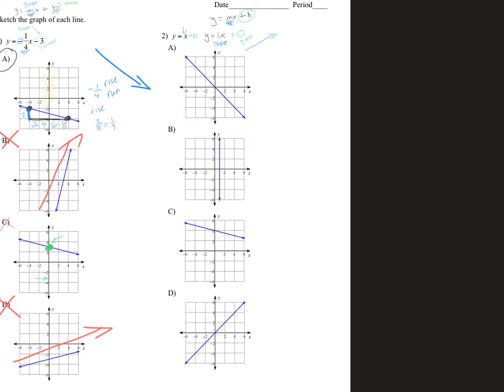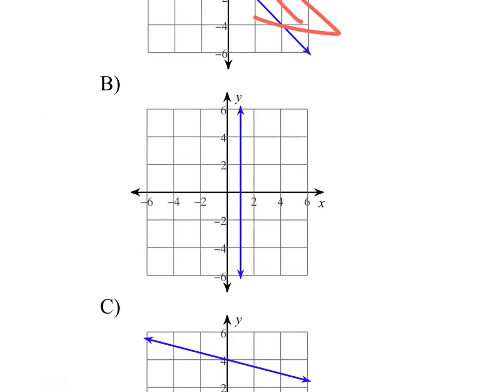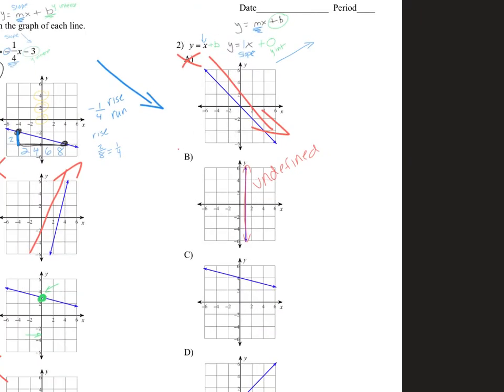So it can't be A, because A is decreasing from left to right, so it can't be that one. It also can't be B. So remember B, when it's one of these straight vertical lines that is completely vertical, that isn't a slope of 1. That is a slope that is undefined. So that doesn't match what we need either. C is also decreasing, so we know it can't be that one. So we kind of know that it's got to be option D,